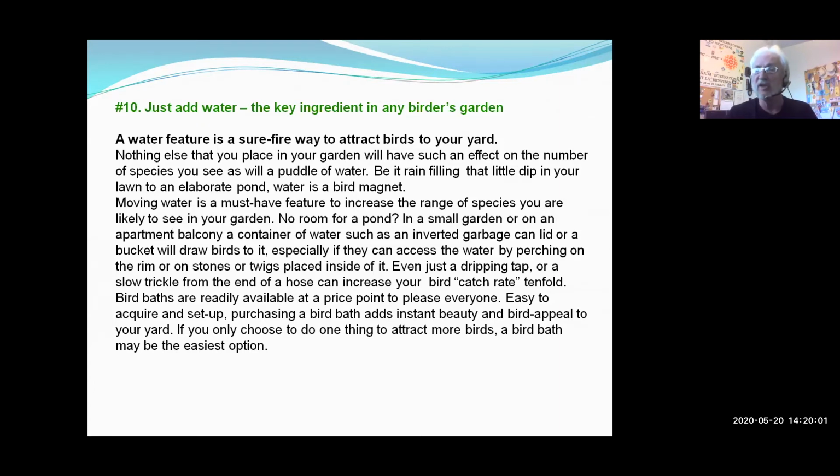We don't have one, but we have a number of our members in our organization that are lucky enough to have big enough yards where they have ponds or little waterfalls in their backyard. And these are exceptionally good for attracting birds. They come in to drink and they come in to bathe as well. And particularly if you've got that little waterfall or pond nestled in with your garden with lots of food around, you've got a perfect little habitat to attract birds. Moving water, as they say, is a must-have feature to increase the range of species you're likely to see in your garden. If you have no room for a pond, in a small garden or even an apartment balcony, a